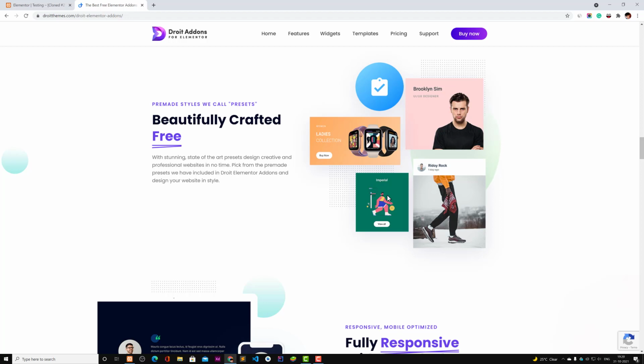Like in Divi, that's a builder, but there are some templates that you can utilize. In Elementor, there are some very basic templates. Even if you go with a pro plan, you don't find some good templates to use, right? And that's where the issue arises, where you have to search for templates on ThemeForest or something, or you want to buy templates, or you want to create a new one from scratch.